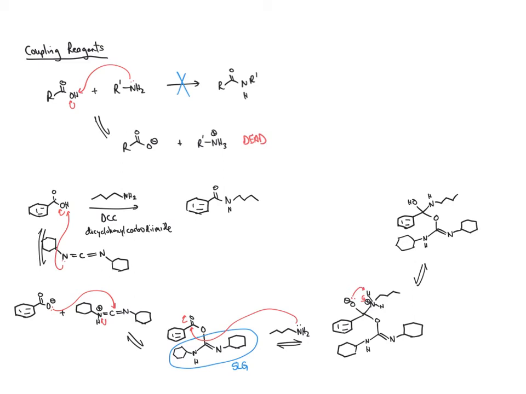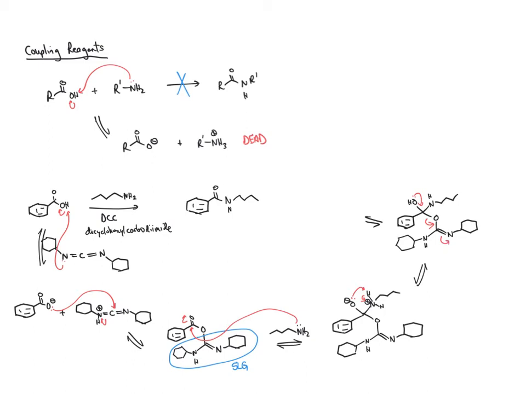What can now happen is the lone pairs on oxygen can come down and form a new carbon-oxygen bond. This time, you can get the carbon-oxygen bond of the superleaving group to leave, and it's going to form a